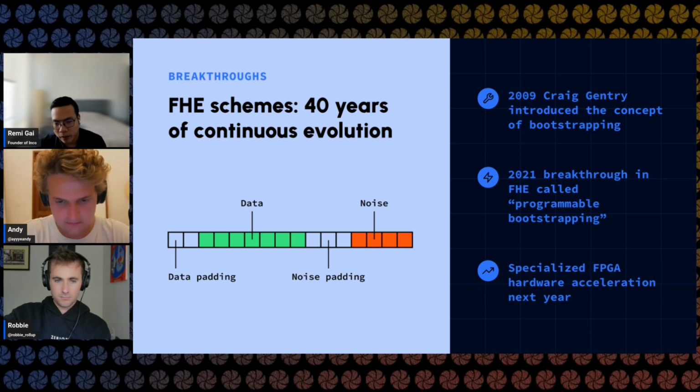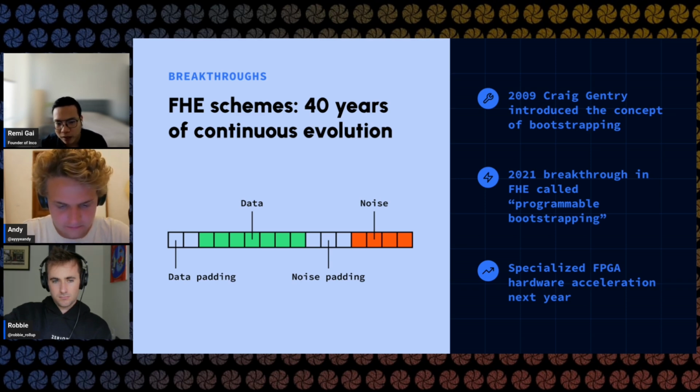So I'll explain quickly why this was so challenging. When you do FHE operations, you do them on top of something called ciphertext. So a ciphertext is the encrypted data. You can see the picture on the left here. A ciphertext is composed of the actual data with some data padding, some noise, and noise padding. And so when you compute on top of these ciphertexts, this noise will keep on growing until it overflows, and this ciphertext is no longer valid because of it.